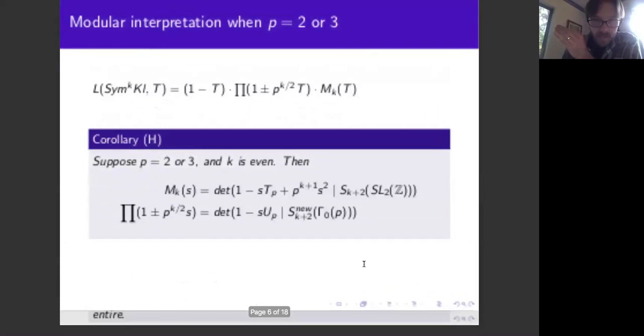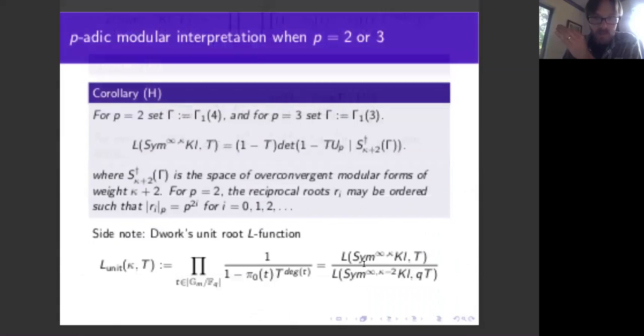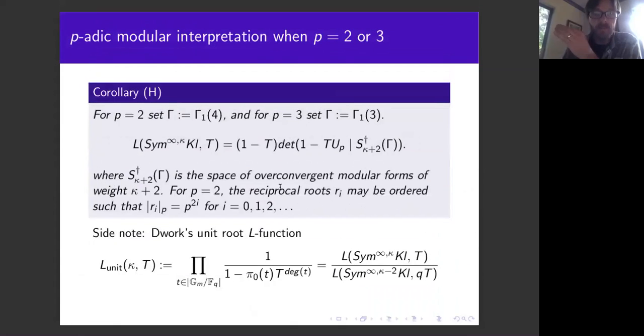And there is a relationship there. So even though these p-adic symmetric power L functions are not exactly the L function of the finite symmetric power, if kappa is equal to a positive integer, there is a relationship between the two, and that relationship will tell you that